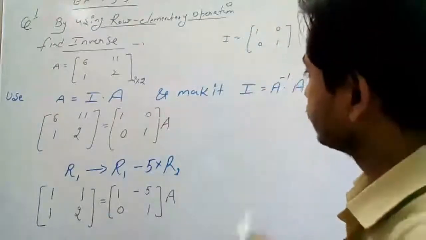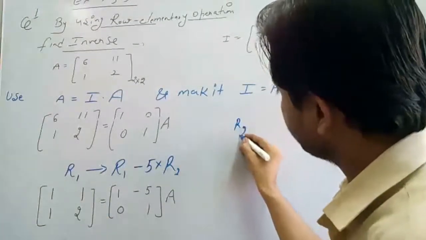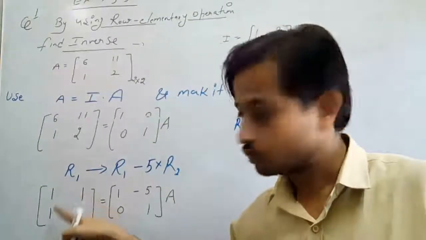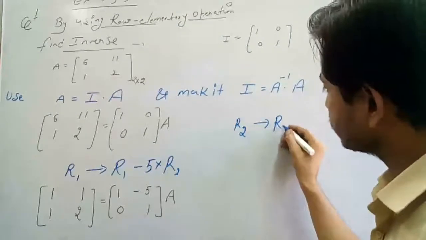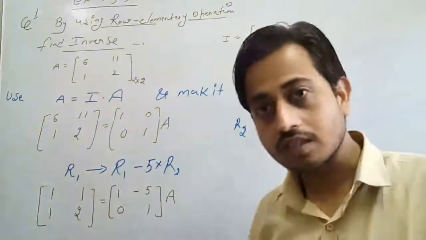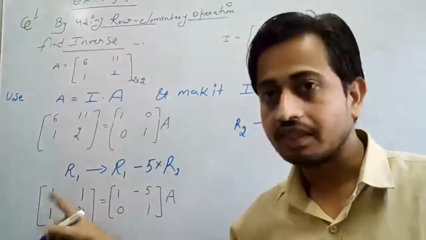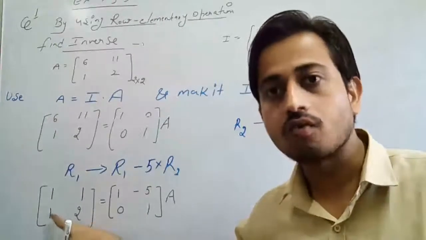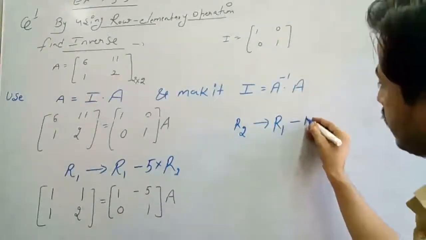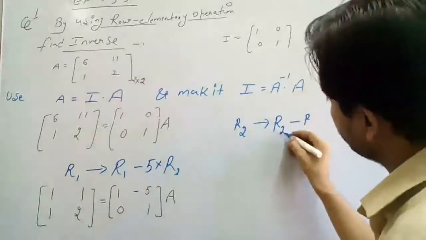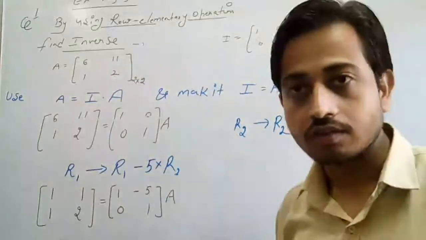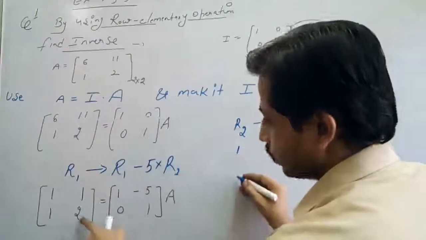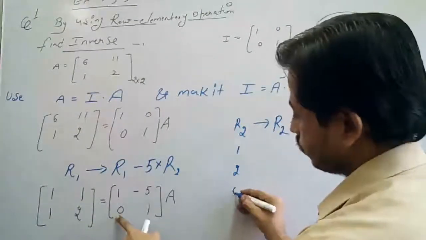So I am writing here second row. What do we have to do? 1 minus 1. So we have to subtract: second row minus first row, because if we multiply, there is no option to get 0. So we have to directly subtract 1 minus 1. R2 minus R1. So please write all the elements of R2. R2 is here 1, 2, 0, 1.